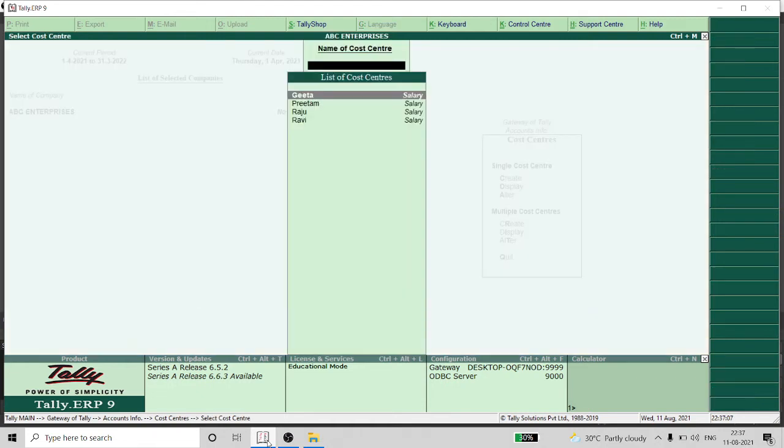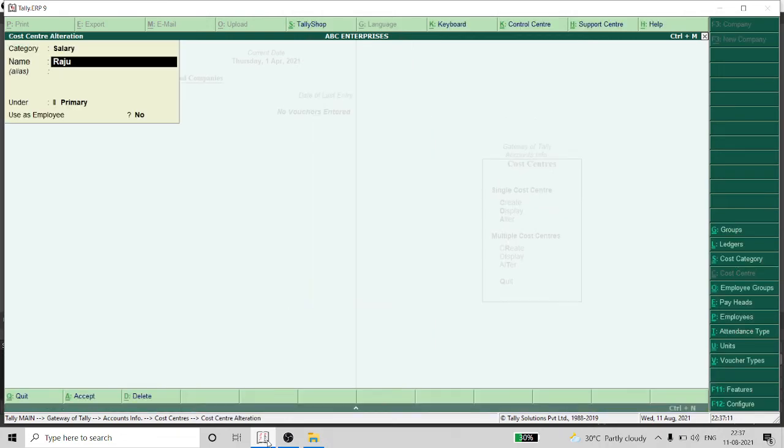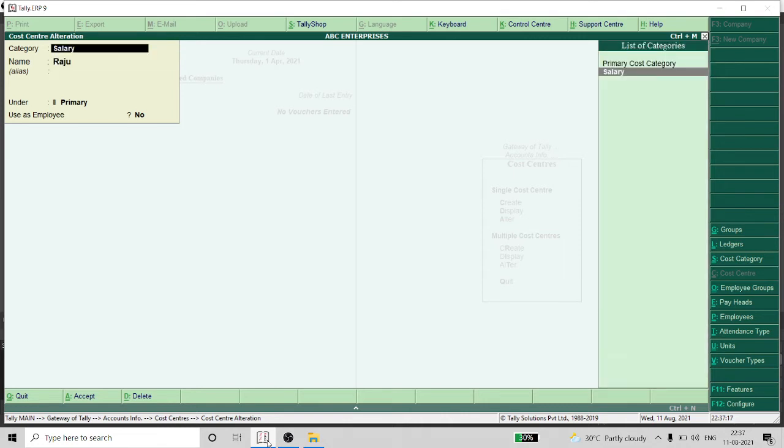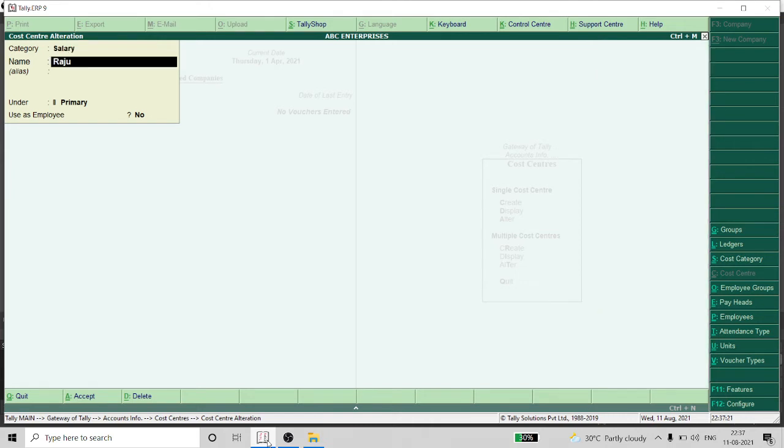You can alter any name. Instead of Raju, if you want to write Ram, like this you can do the alteration.